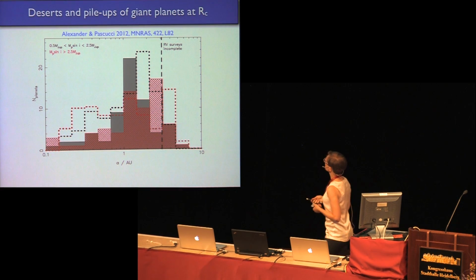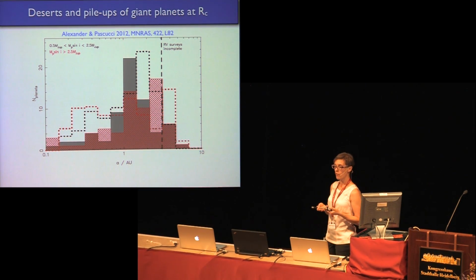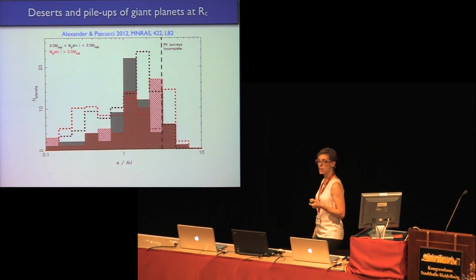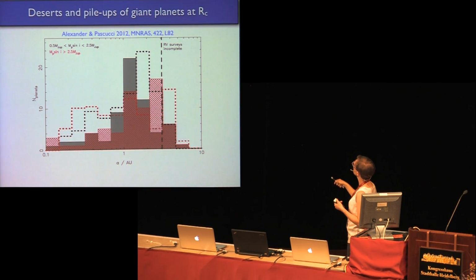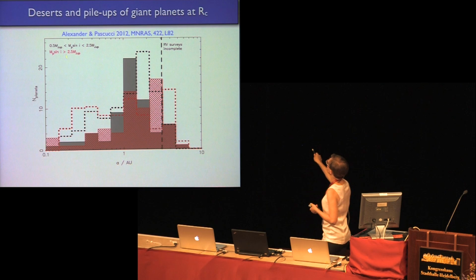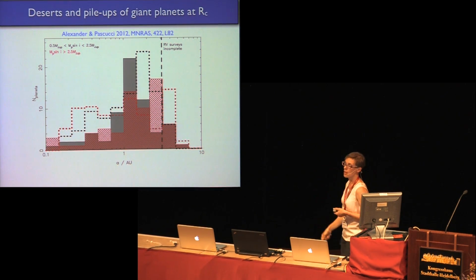Another thing we have looked at is the dependence of the location of the giant planets with respect to the mass of these giant planets. So what you see here in gray are the radial velocity observations of single giant planets. And then in dotted lines, what you see are model predictions for giant planets in different mass bands. And what is found here is that